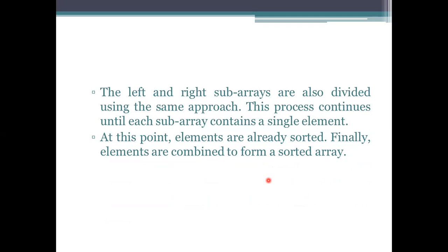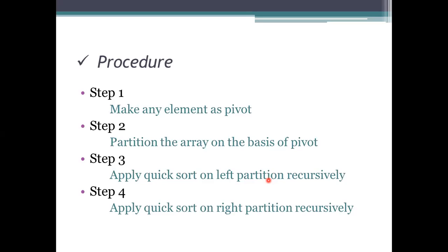And after that, at last, what we have to do is combine all the processed elements, and we will specify it as a sorted array representation. So how is it going to be processed? First, selection of the element, and partition should be done. We won't sort the elements here before that. We need to partition based on the element here.